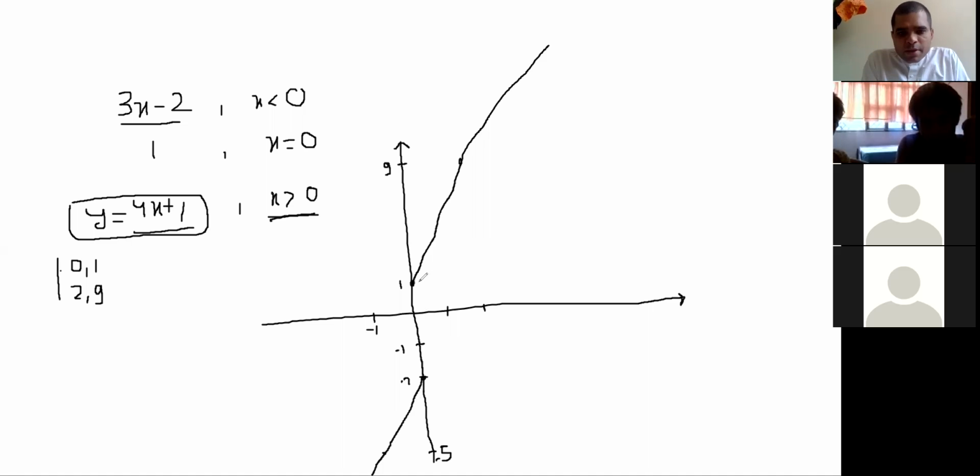And you remember that these points are not included in the straight line. So we'll make an arrow here. Because it is x greater than 0 and x less than 0. For the above there is no need because it is already coinciding. At x equal to 0, the value of the function is 1 and after that the value of the function follows this graph. Did you understand this graph? Yes.